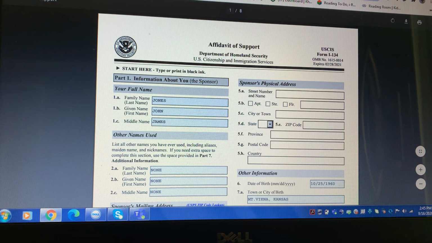So now let's start. Affidavit of Support USCIS Form I-134, and it expires on February 28, 2021. So this is the updated form of the USCIS for I-134. Okay, let's start here. It's stated here,